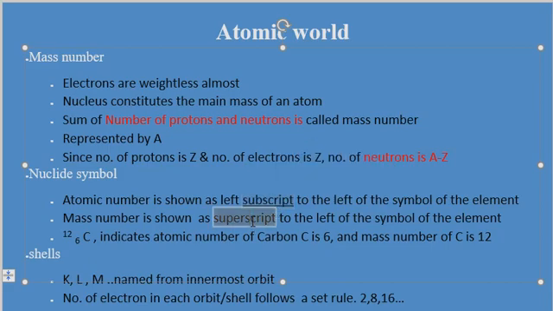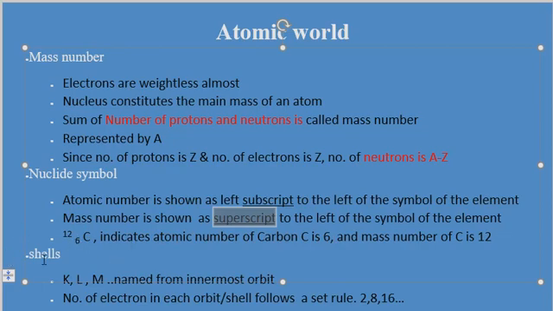When we write a subscript and superscript on the left side of an element, it is called a nuclide symbol. So 12 above, 6 below, and you write C. That means 12 is the mass number, 6 is the atomic number. The atomic number is the number of protons. The mass number 12 is proton plus neutron, so proton plus neutron is 12. Protons alone are 6, so neutrons will also be 6. The atomic number of carbon is 6 and the mass number is 12, so we write it as 12 above 6.